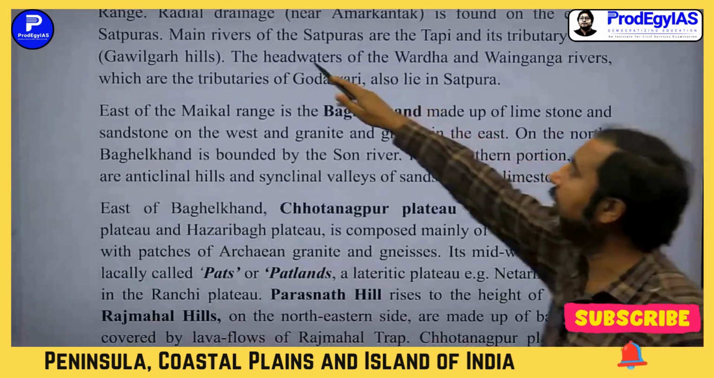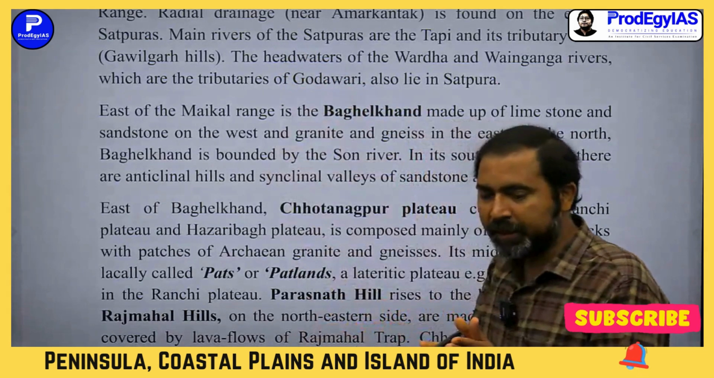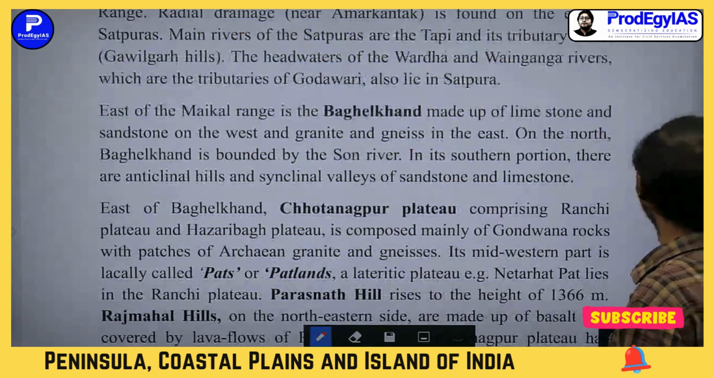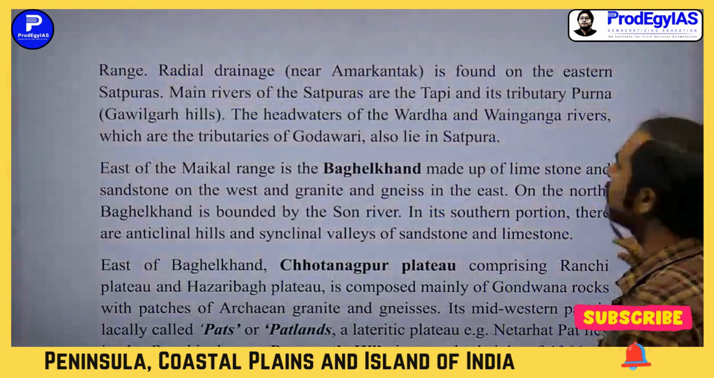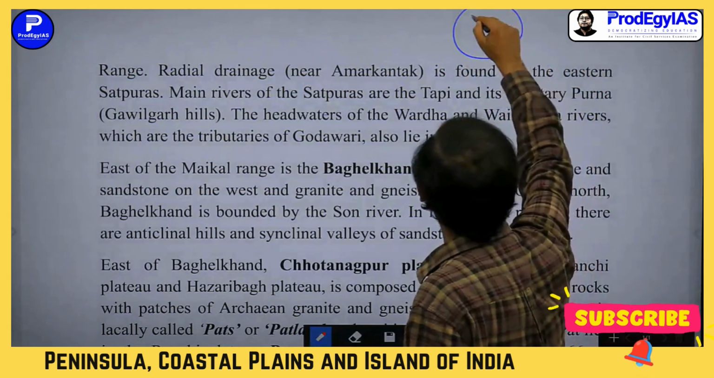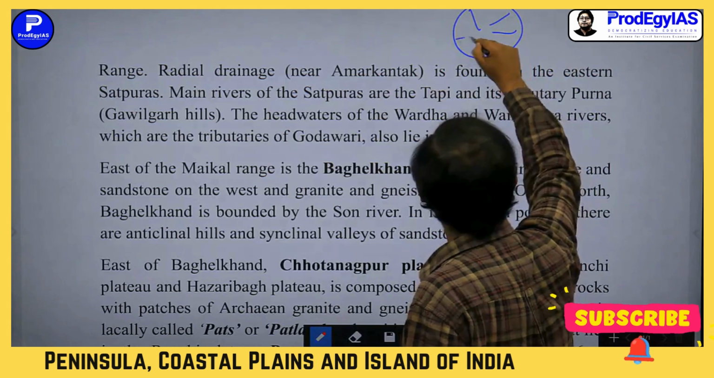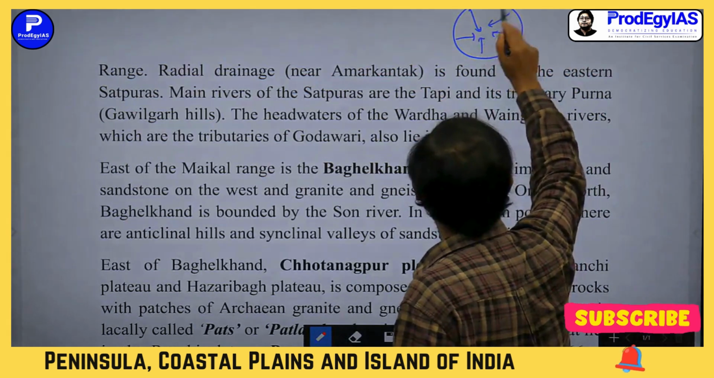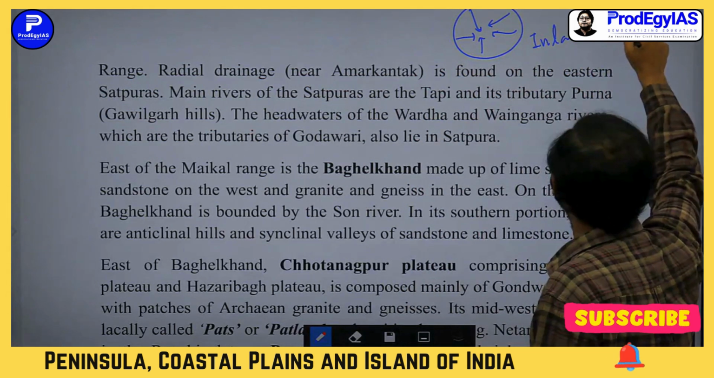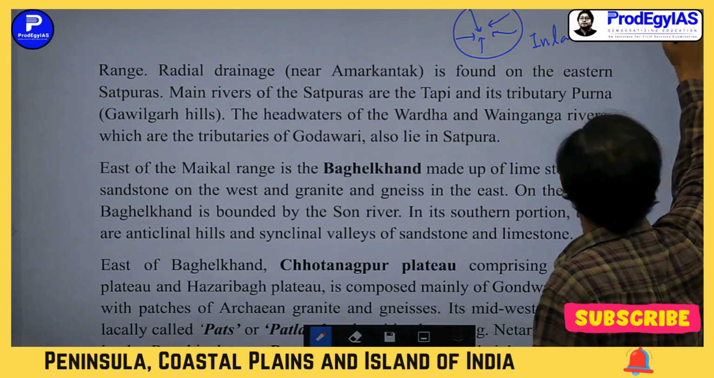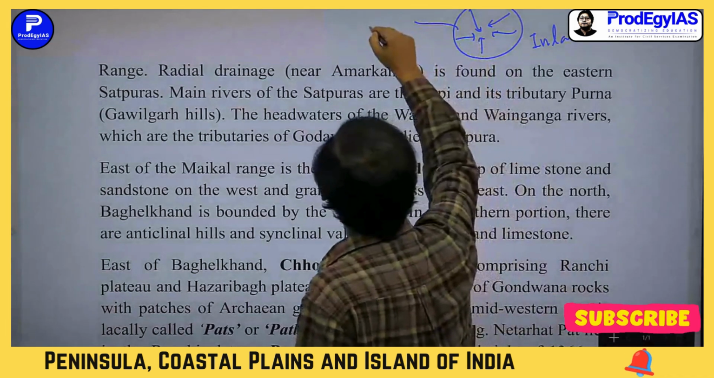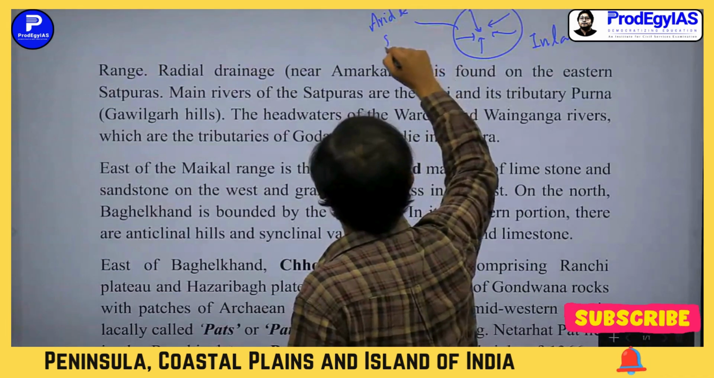One more thing, radial drainage is also known as centrifugal drainage. There are two types of such drainage patterns. In one pattern, rivers come towards a central location, right? This is the inland or centripetal drainage pattern. Such a drainage pattern is found in arid and semi-arid